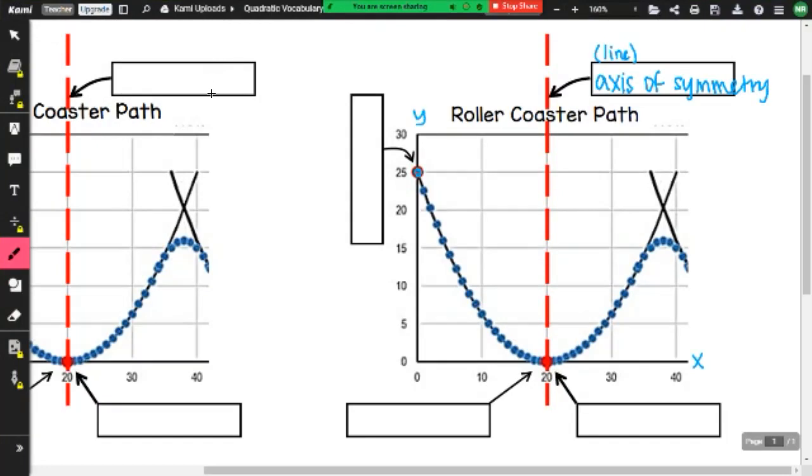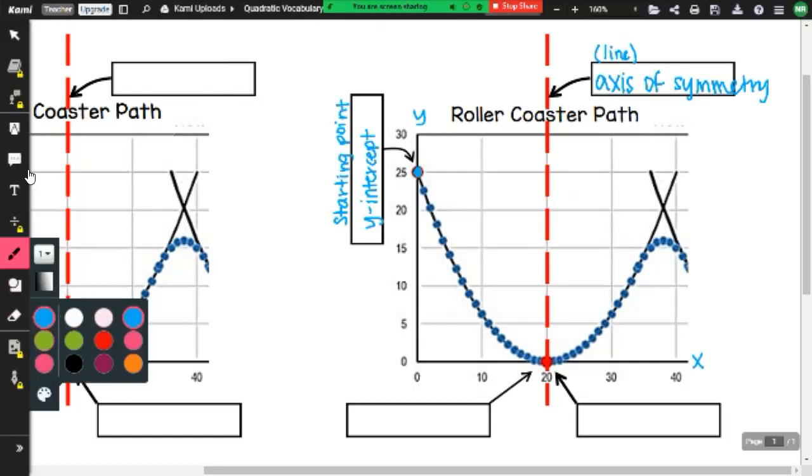This point right here is called your y-intercept. I don't know how I'm writing sideways, but your y-intercept is also known as your starting point. Starting point, okay? Now, these two boxes are both pointing to the same point, but they both represent two different